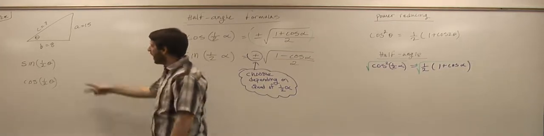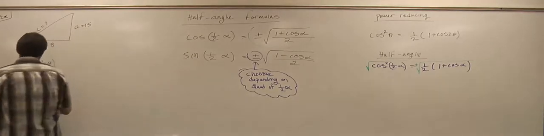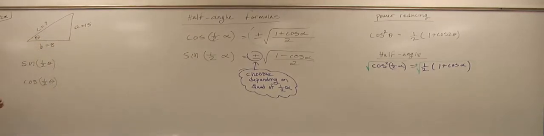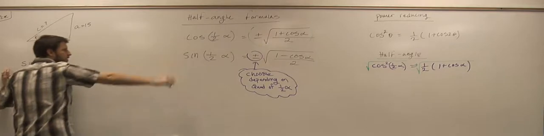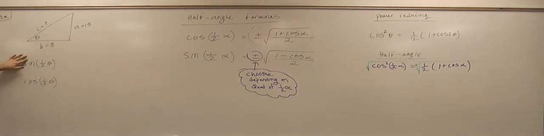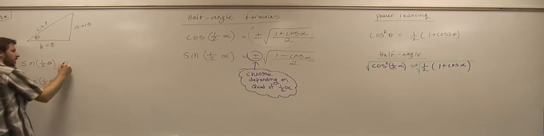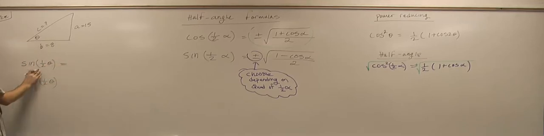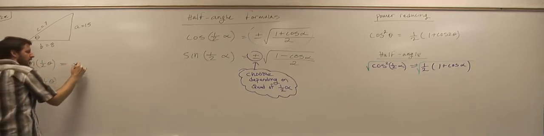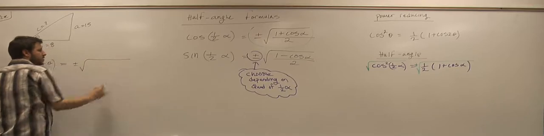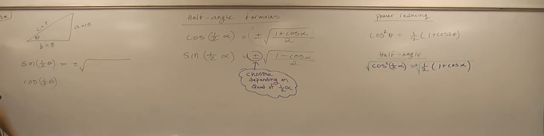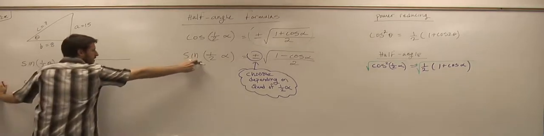So the formula for a half angle, for sine of a half angle, and for cosine of a half angle, they're written right here. I know as soon as I see a half angle, the only thing I can apply is the formula, right? There's no other tricks to simplify this. So if I apply the formula immediately, I get plus or minus square root of what? So apply this formula